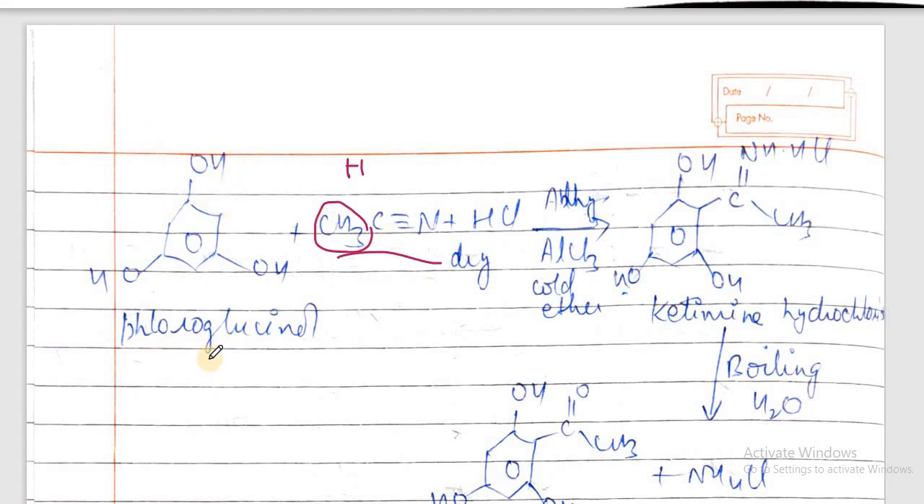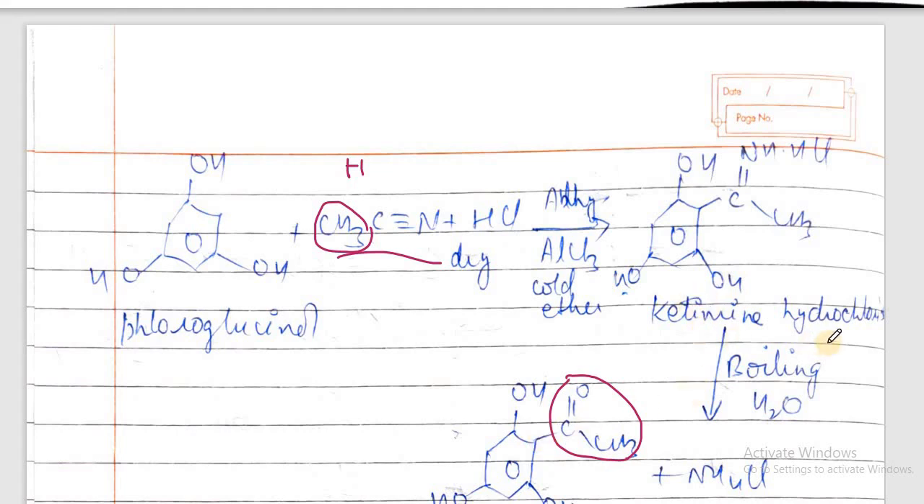In this, 3 OH groups are attached. In the presence of these, it reacts with dry HCl gas, anhydrous AlCl3 and cold ether. We get a COCH3 group at one ortho position. Earlier we were getting CHO, where there was H, so CH double bond O. Now CH3 double bond O, so a C double bond O CH3 group is introduced at one of the ortho positions,